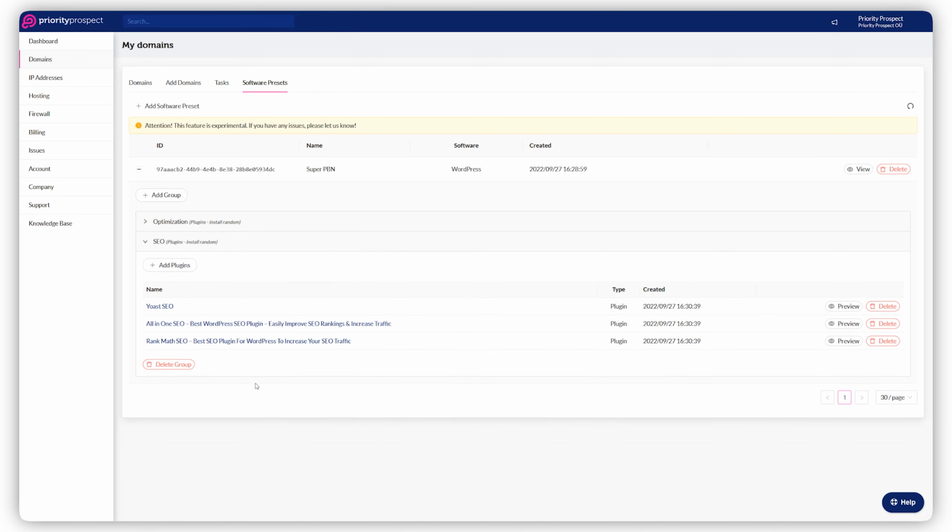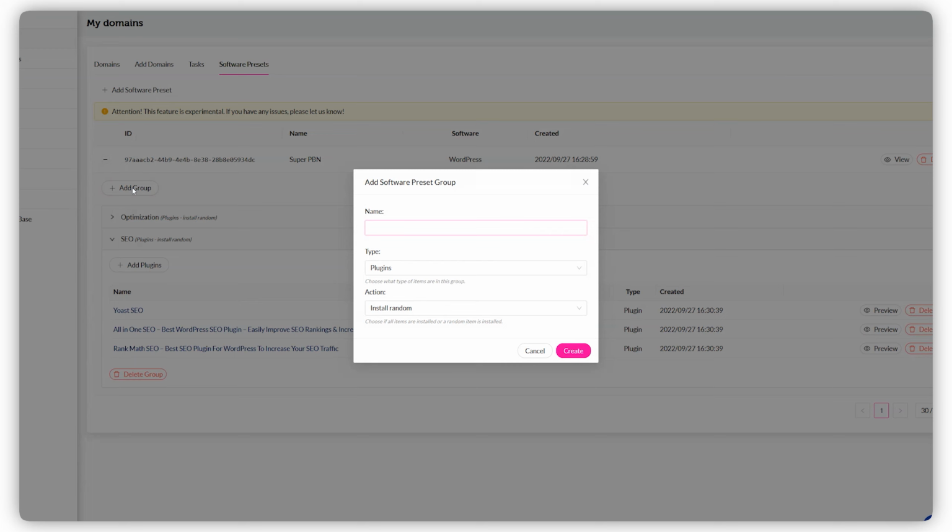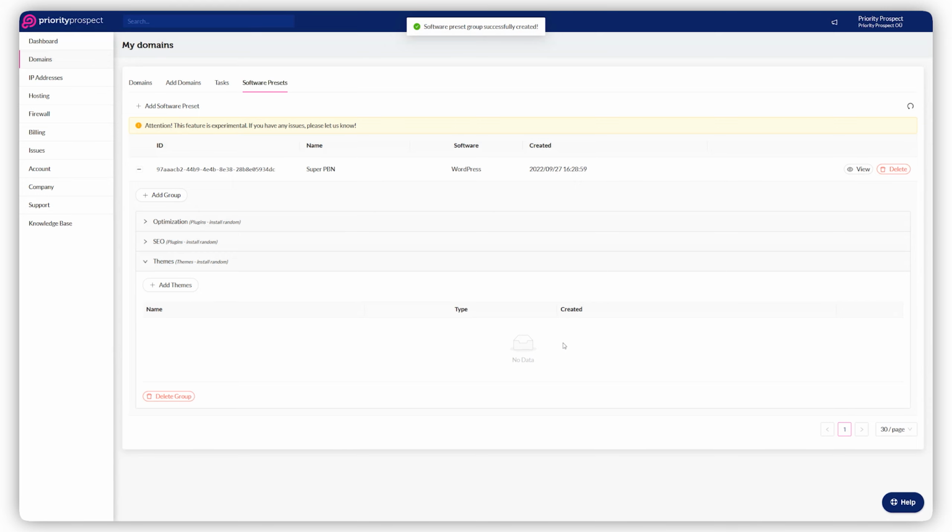Let's create a third group for website themes. Click on the Add Group button. Enter the name, Themes, and select the themes type. Under Action, select the Install Random. You cannot select the action Install All, because there can be only one active theme for your website. Click on the Create button to create your group, and then click on the Add Themes button to add themes